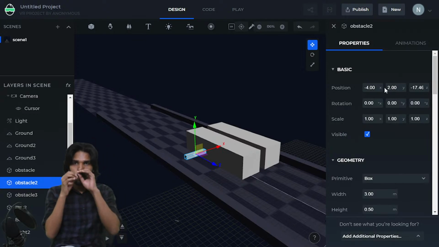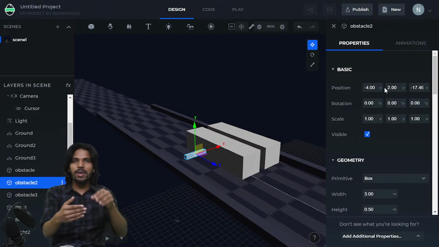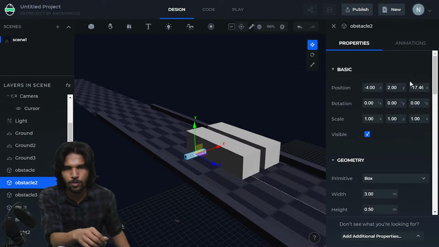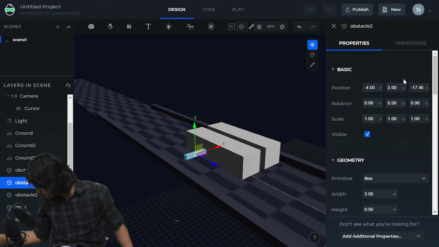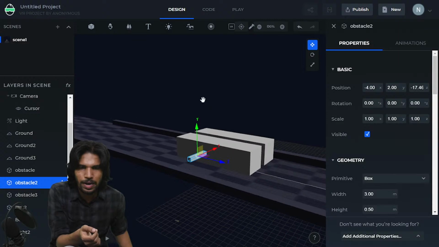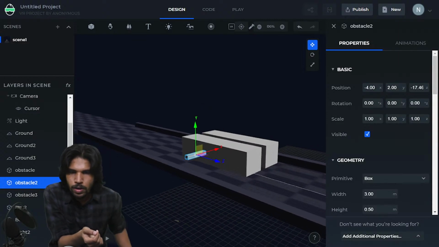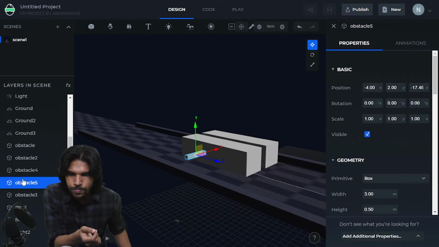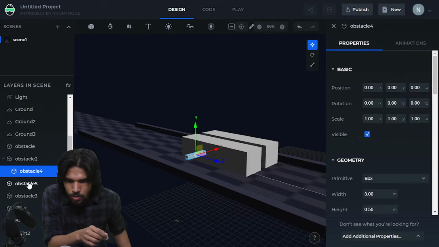So I want a barricade under which my player can roll. So to do that, what we're going to do is add 2 more boxes here on the left and right side. I'm going to make those boxes a child of my obstacle 2